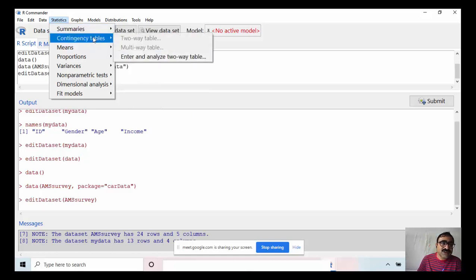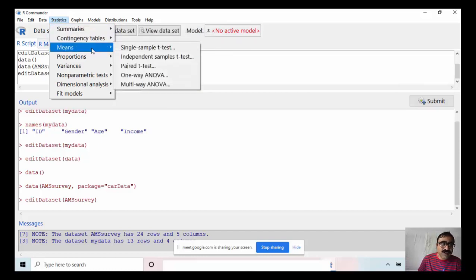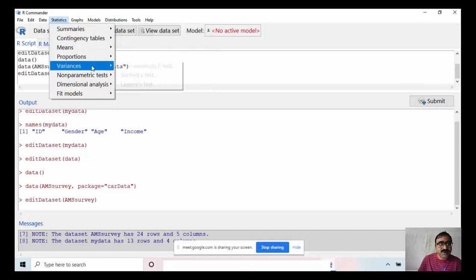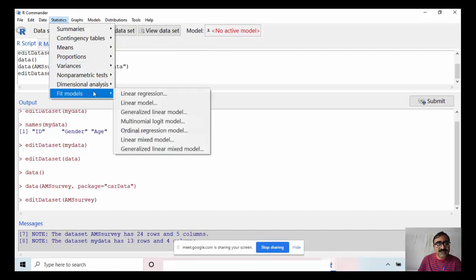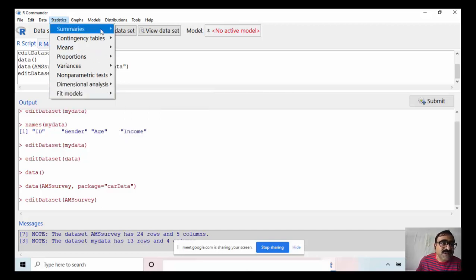Then contingency table. Here you will get different options for statistical analysis as in the case of SPSS. The advantage of this is you need not remember any command, only go through the menu functions and you will get your results. And it is completely free, you need not pay anything for this.